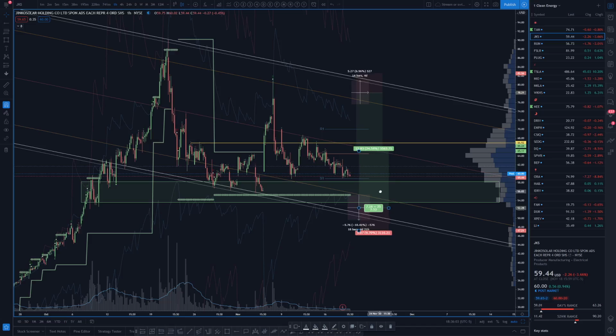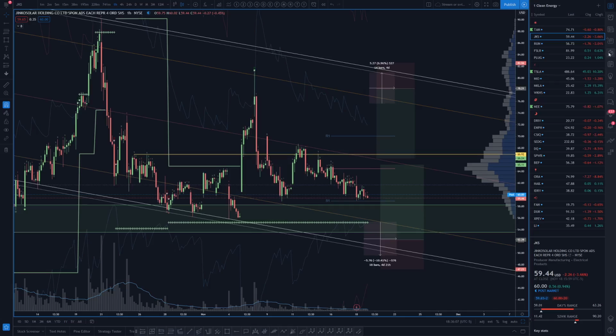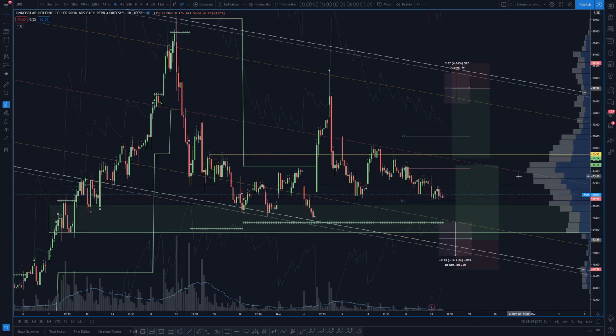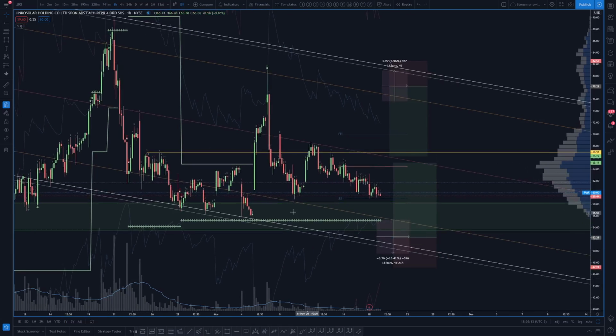So ideally, we'll get a nice waterfall. Okay, so we'll be looking for something like this, right? We would just want to bottom fish these lows, the potential channel support, and this profit target. Honestly, it would just be for partial. I wouldn't take it all off here because we have the potential